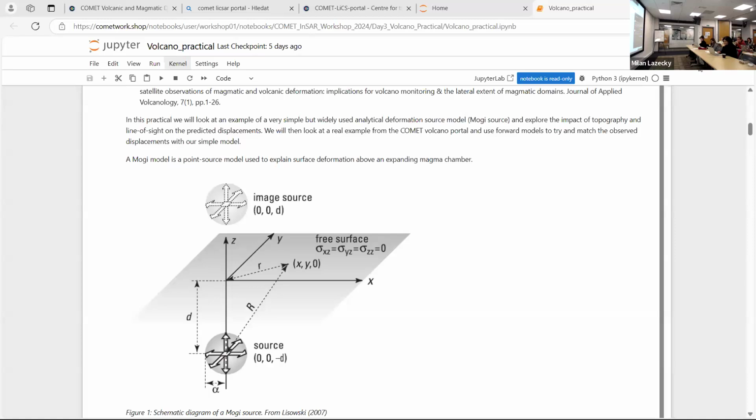The question was where to put the X center and Y center for modeling such as the summit or the crater.